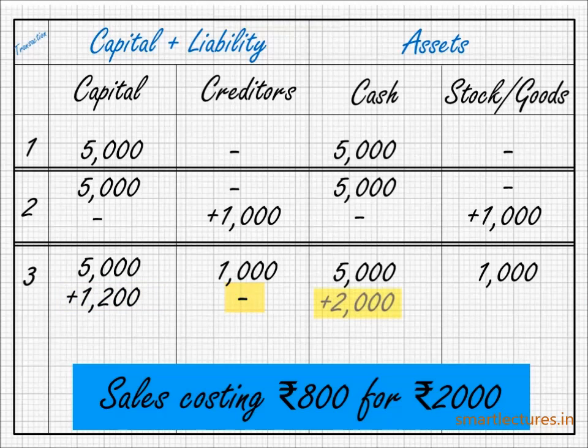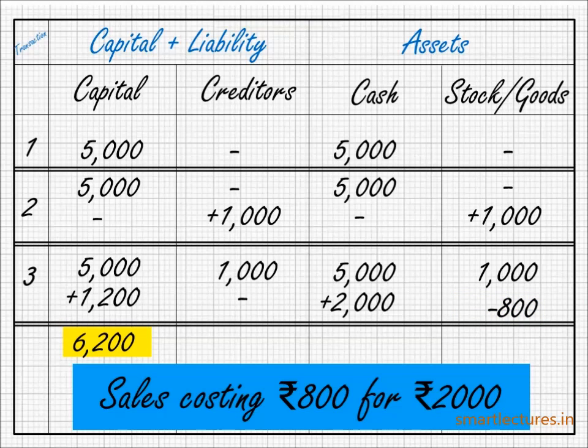But on cash, there will be plus 2,000 because we have received cash of rupees 2,000. And stock minus 800 because we have lost the stock of rupees 800. But for that, we have got the cash of rupees 2,000. So the new equation will be capital 6,200, creditors 1,000, cash 7,000, stock 200. Then